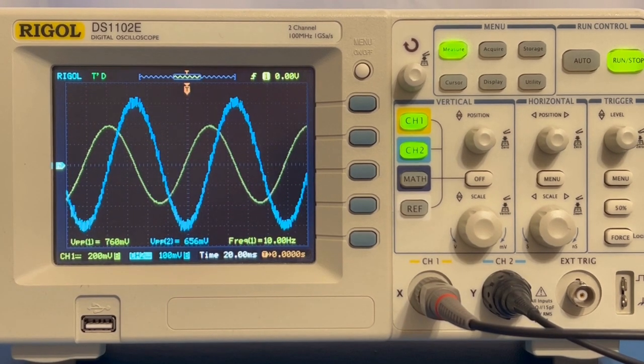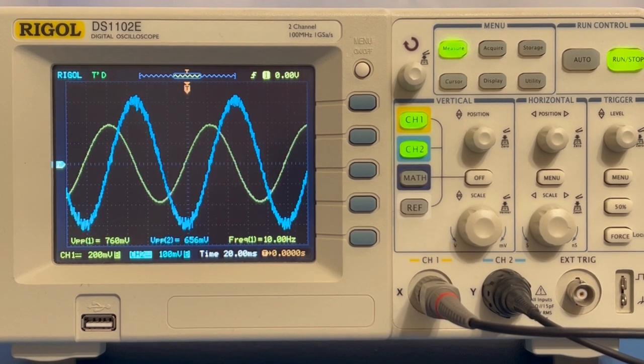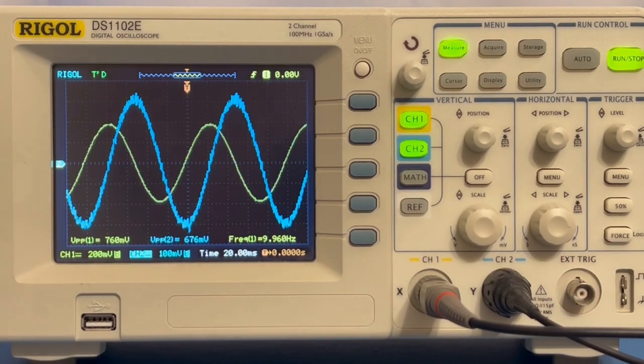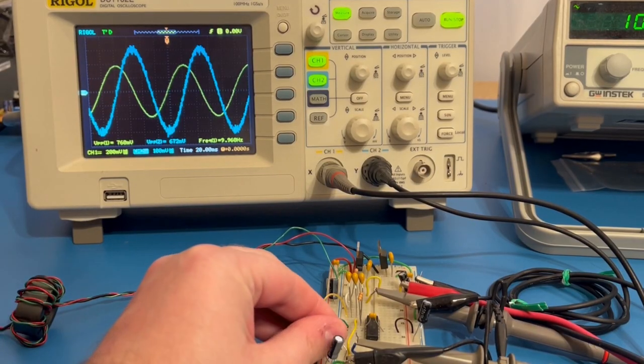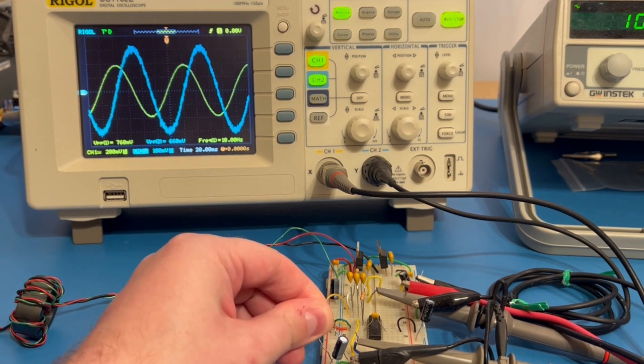Moving back to the sine wave, we're going to take a quick look at what happens when we remove the 1K output load and see if it has any effect on the output, as we've done for previous circuits. And the removal appears to have no significant effect, so we put it back in.